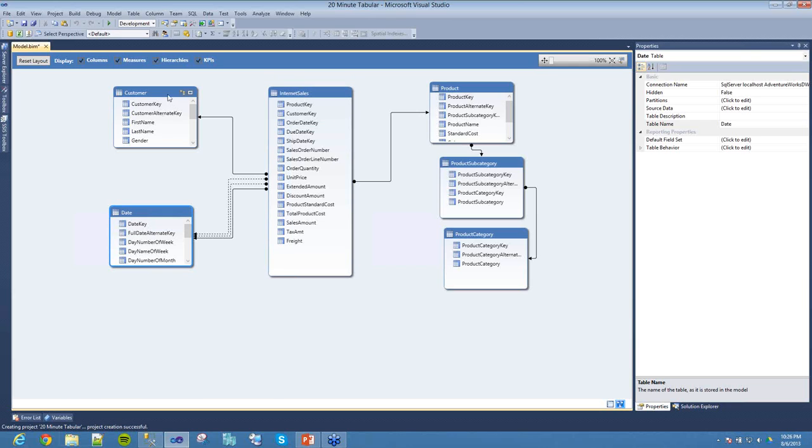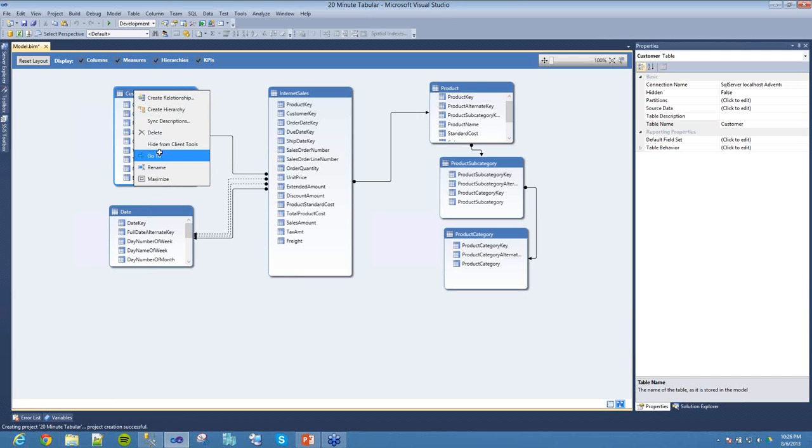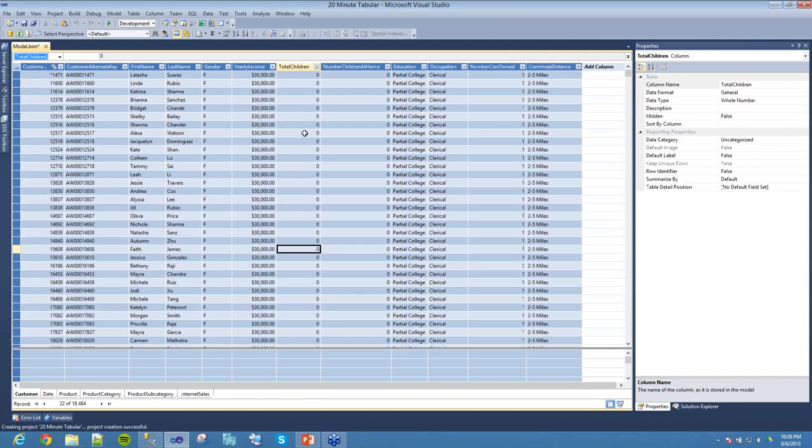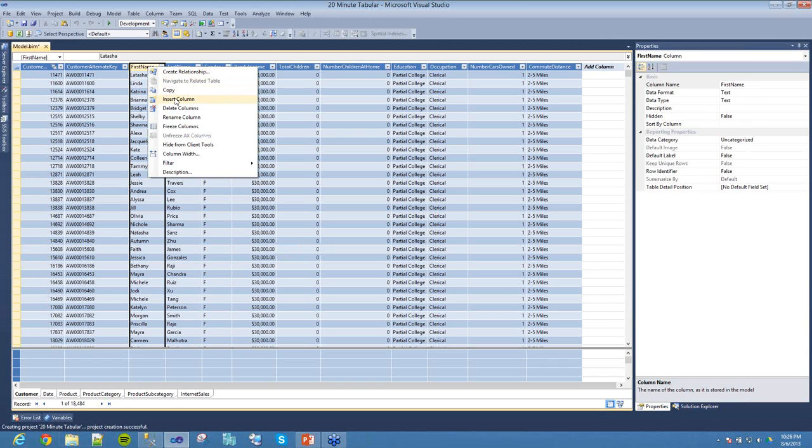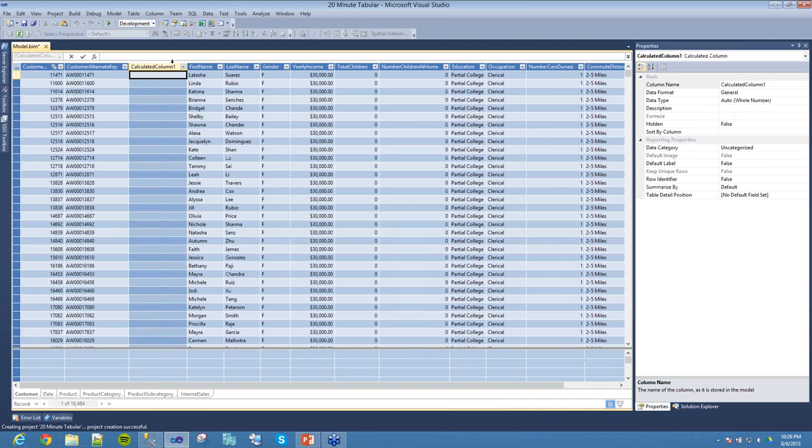So I'm going to start and just show you a couple things we can do. I have a customer dimension, and I'm going to go to that, and I tend to work in this area anytime I'm doing any type of column manipulation. So in this case, I'm just going to show you some basic DAX. So I'll create a column here. I just right-clicked and chose to insert a new column. And I'm just going to create a calculated column,